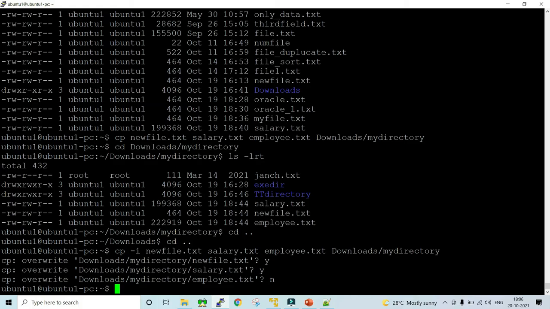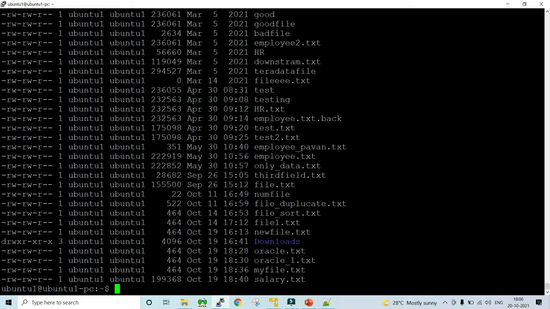Now with the rm command, the most useful option that you need to use is the -i option, because before removing a file, you definitely want to have a final confirmation on whether you want to remove this file or not. So let us type rm space -i, and let's suppose that I want to remove this oracle_1.txt file. Let me paste that file name.